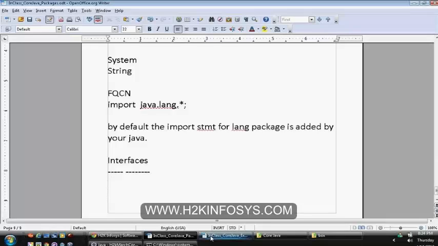Interfaces. The next topic is interfaces. Interfaces are called fully abstract classes.